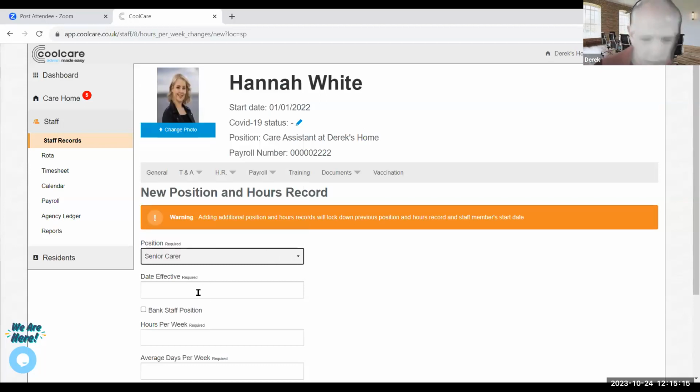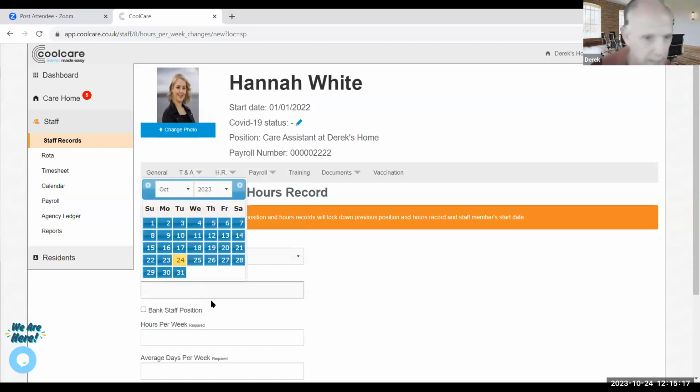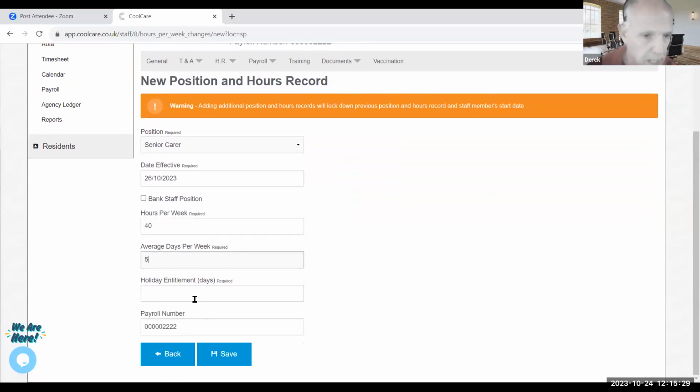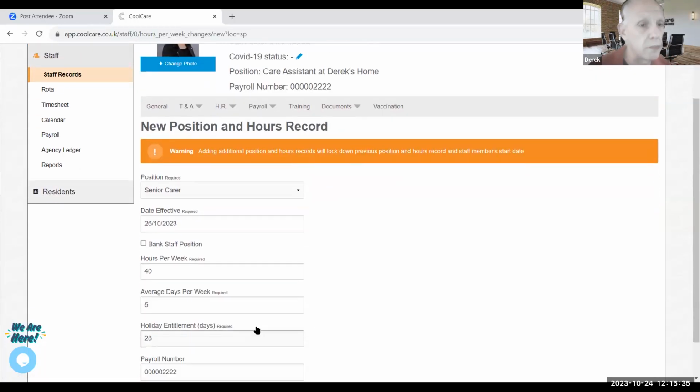as of, I'll say, the 26th. I'm hoping I've got that right now. As of the 26th, I'm going to make her a senior carer. She's not bank staff. I'm going to say hours per week, 40. Average days, 5. And holiday, 28. Okay, so if I save that, this is going to mean from the date of the 26th, her main